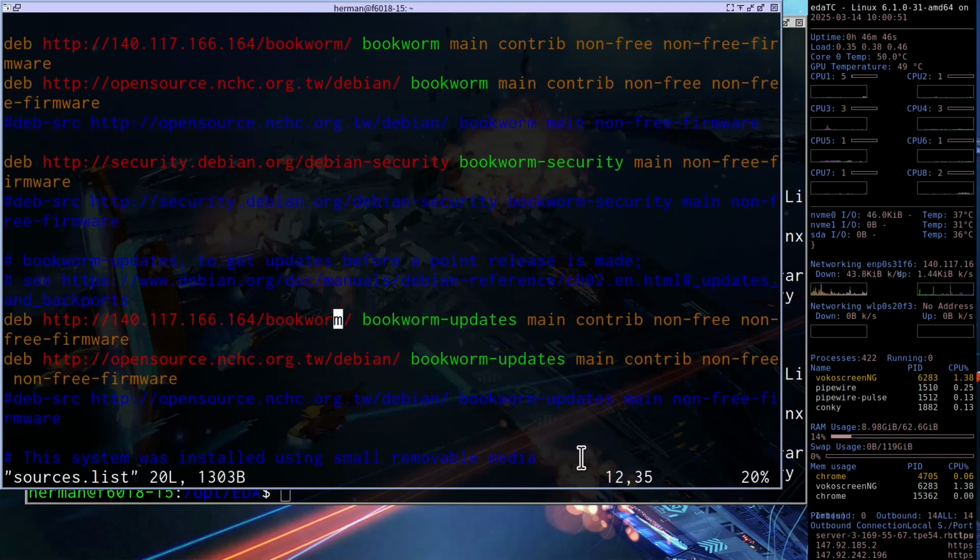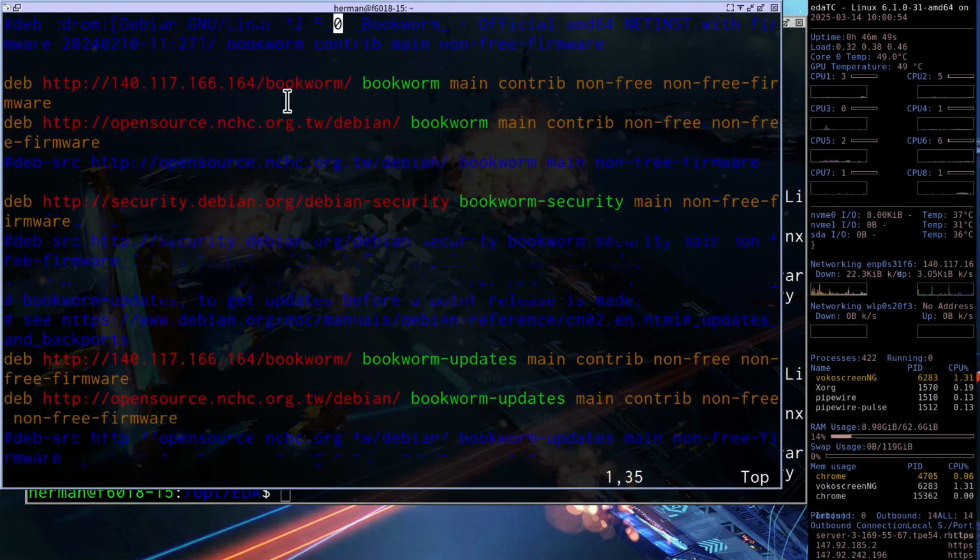I already told you to learn vi. Then you need to add contrib and non-free into your configuration. Basically, your configuration is just bookworm main non-free-firmware. However, you need to add contrib and non-free. Okay, every line except security.